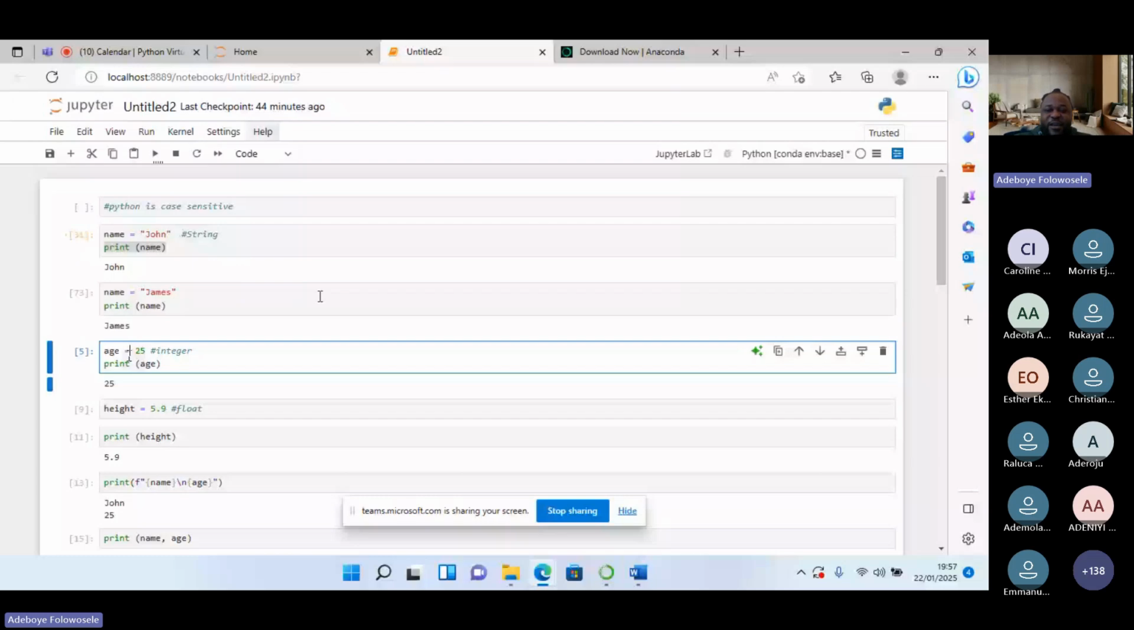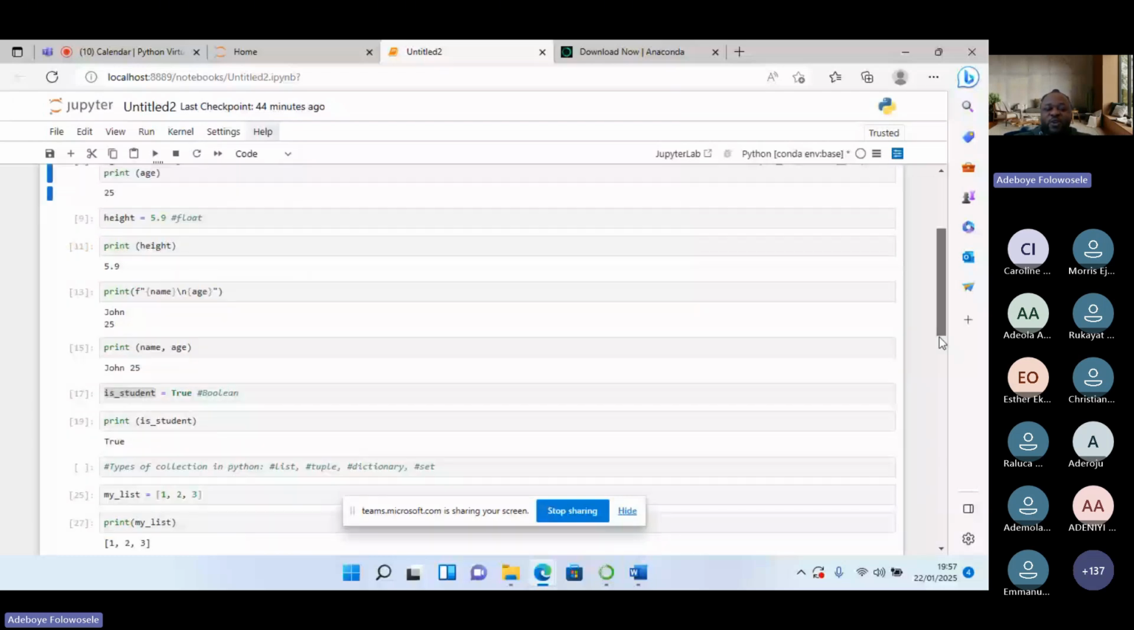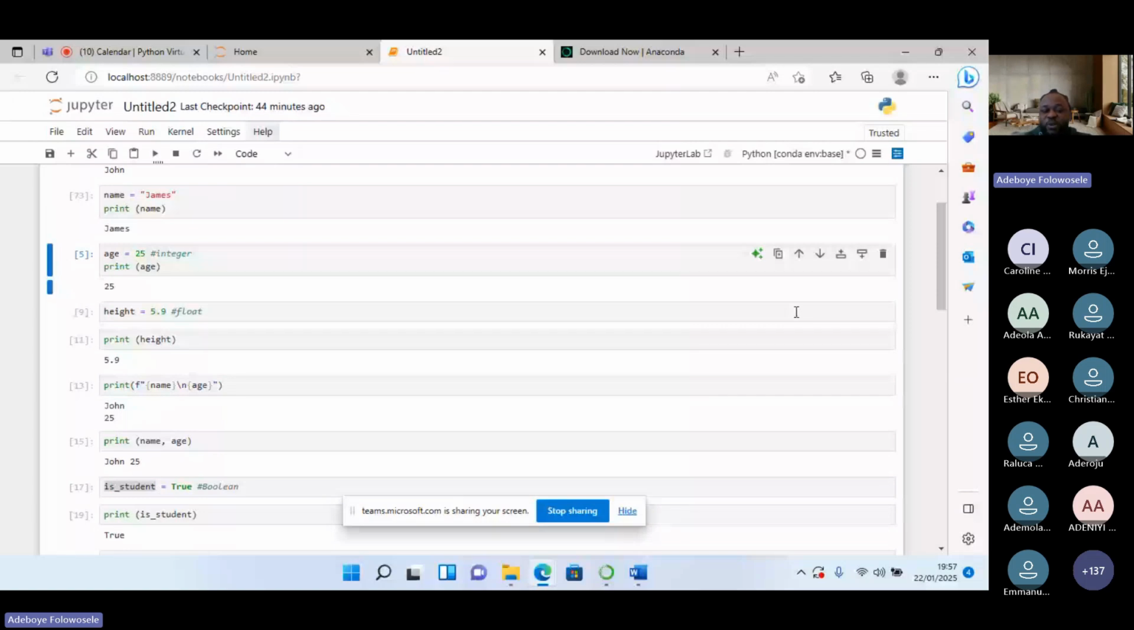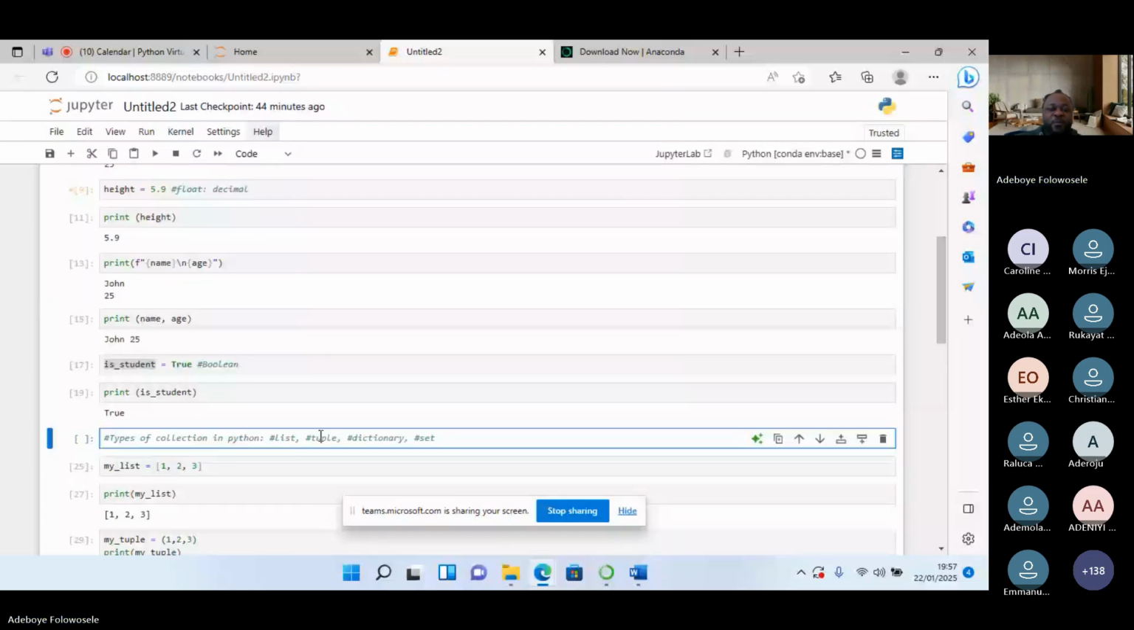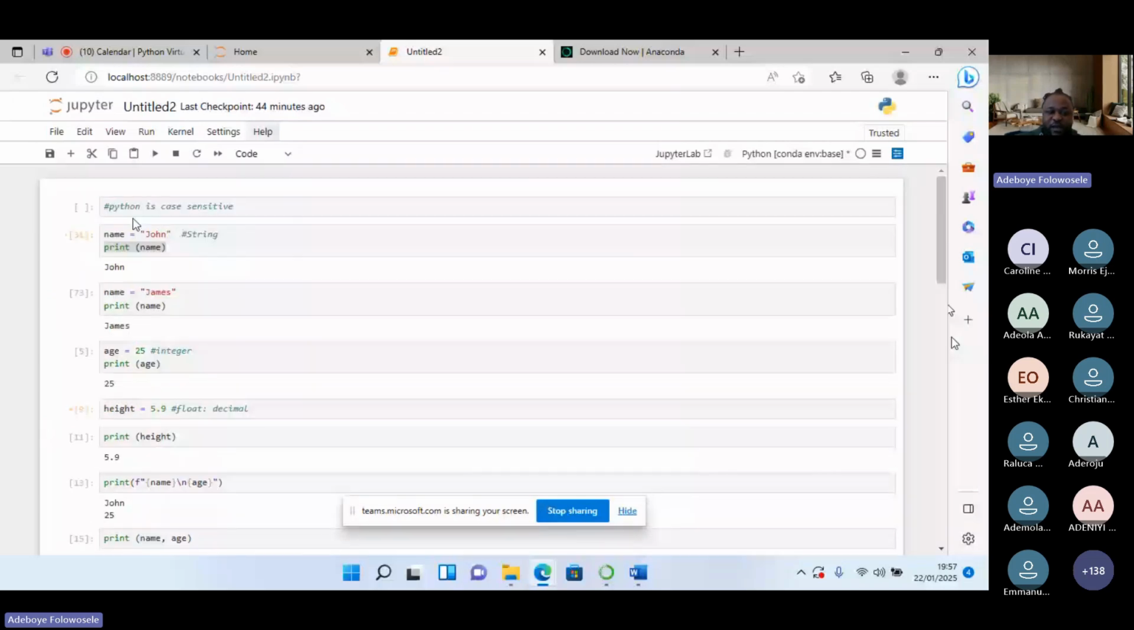So now, the reason why we come to collections is, okay, all what I've been doing here, I said float is just like decimal. It's decimal in numbers, but they don't call it decimal. We call it float. So if I now want to combine all these names together, that is what gave birth to collections. So I want to combine John and James together. So if it is going to be in a list, that is why I will now say